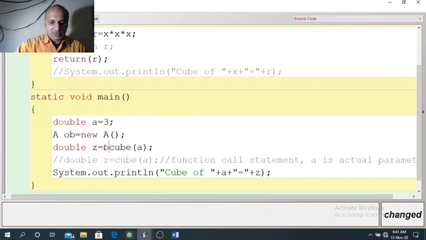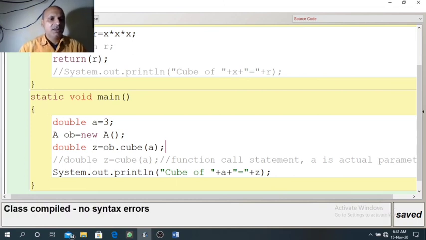Through the object we have to call it. The object is already created here, ob. So ob dot cube. Now cube is called through the object. So always remember, when we call a non-static method inside a static method, then creation of an object is required, like here I have done. I hope you would have understood it.